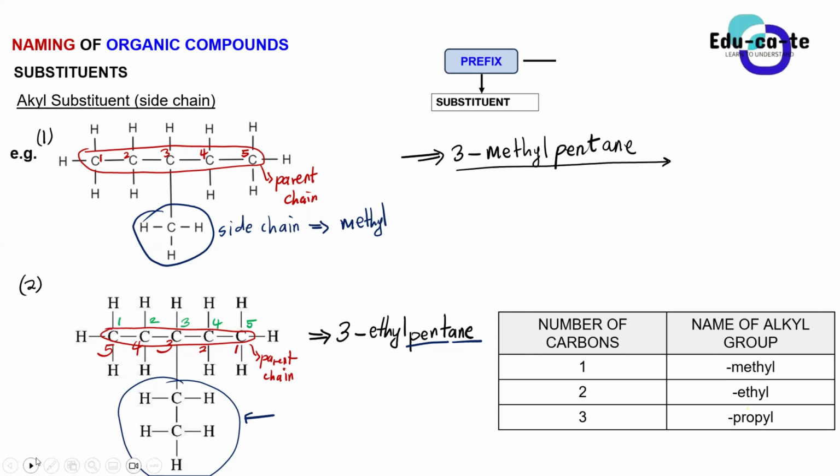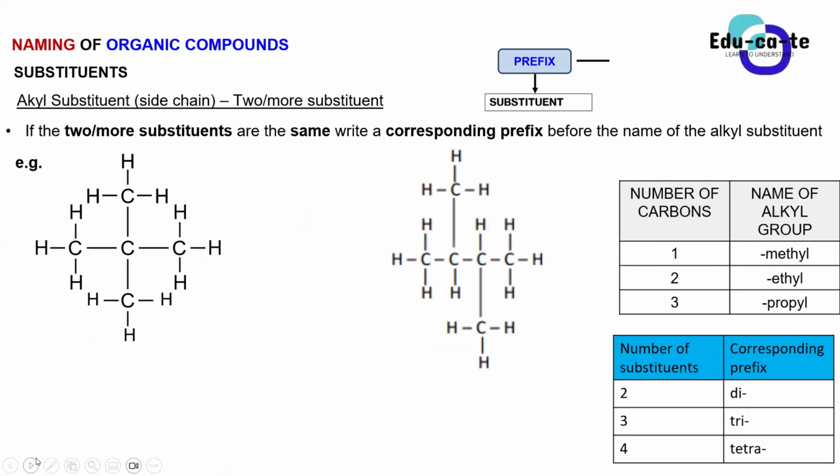After that we now need to look at what if we have a scenario whereby we have 2 or more substituents. How do we deal with that case? For example, if you look at compound 1, the parent chain that you can achieve there must have how many carbons? In this case, the parent chain on compound 1, the first example, how many carbons? 3.